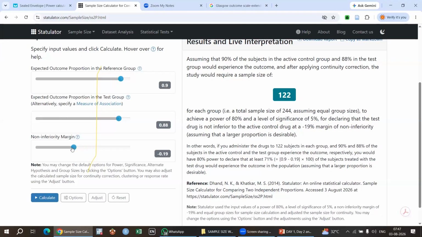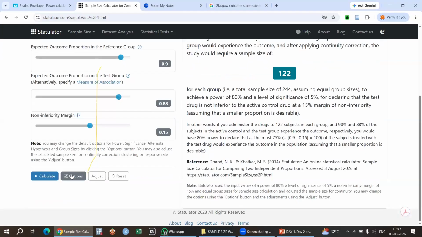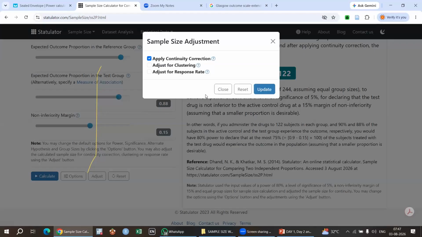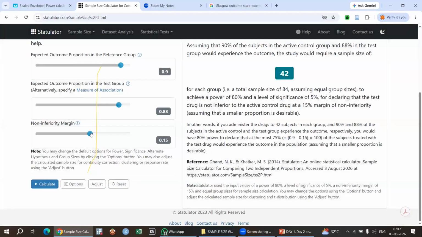If I take this non-inferiority minus 2, it is also coming. Yeah. So I think there is some, then there is an adjustment option. You can see here options. Okay. Then adjustment. Yes, we do adjustment. I can remove this, then update. Yes, now you can see. Here then, please see this. It is coming 80, 90. It is coming 25 patients.